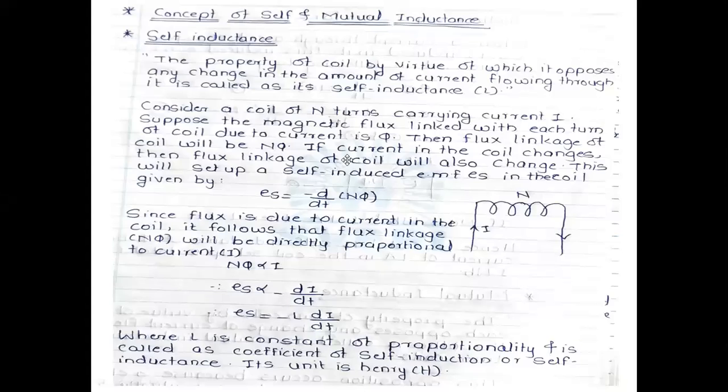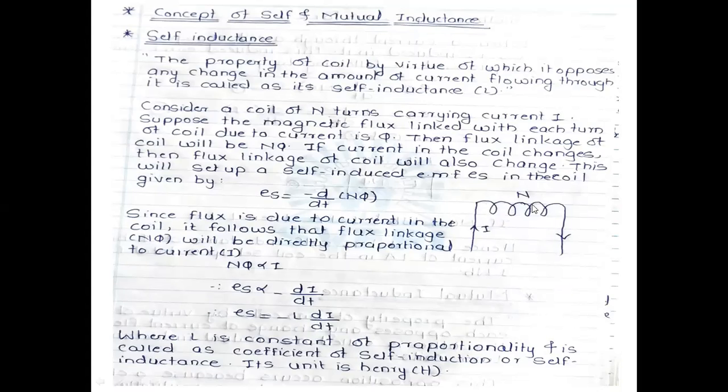Here the coil is there, with N turns, and the flux phi will be created here only. We have considered an air core, and at the center the flux will be created. The current is flowing in this conductor. If the current changes, then the flux linkage in that coil, N phi, will change. If the flux linkage changes, or the conductor cuts the flux, then EMF will be induced in this coil.